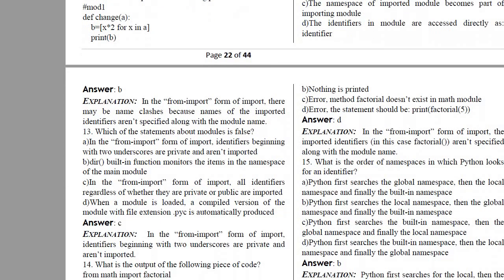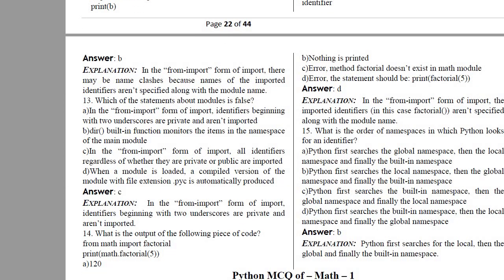Next question, which statement about modules is false? In the from import form of import, identifiers beginning with two underscores are private and aren't imported. The dir built-in function is used to monitor the namespace. In the from import form of import, again that same thing.